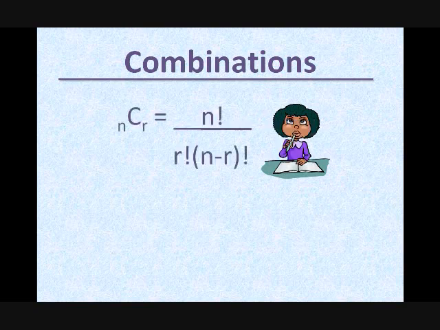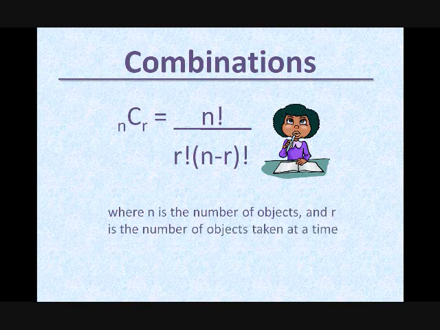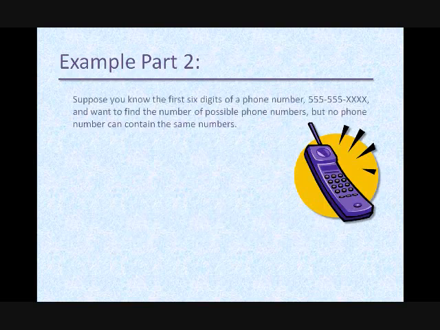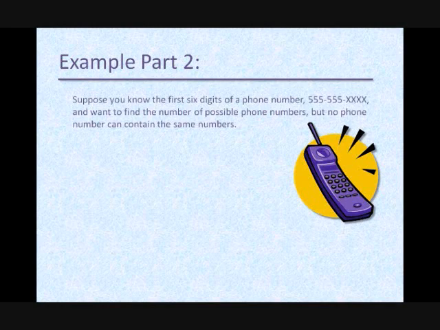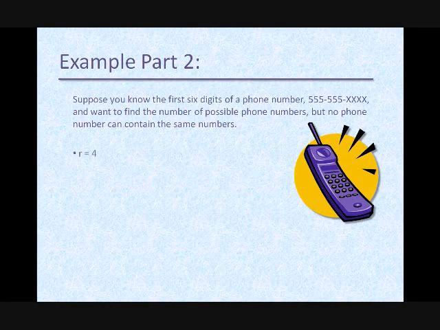Combinations are given by this formula, where n is the number of objects and r is the number of objects taken at a time. Look at the example again. This time, no phone number can contain the same numbers. r still equals 4 and n still equals 10. Plugging it into the equation we get